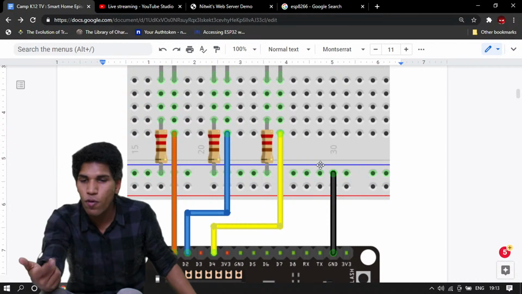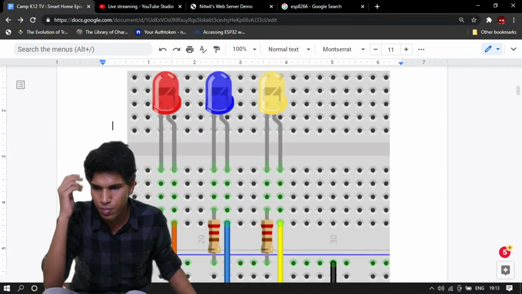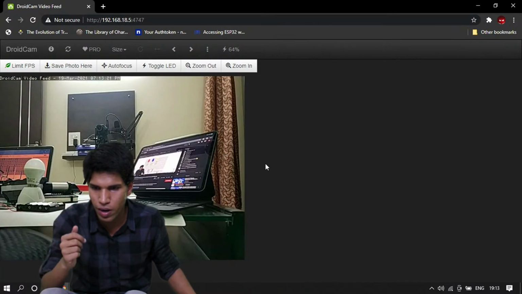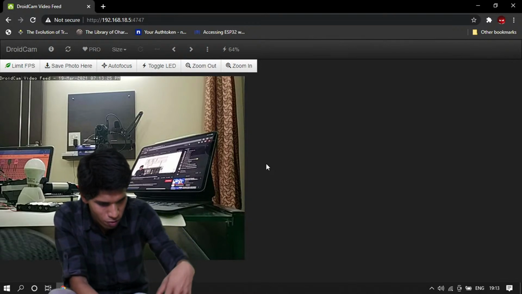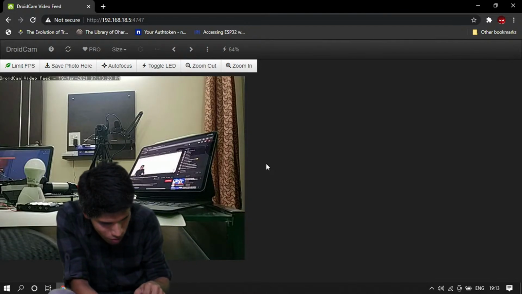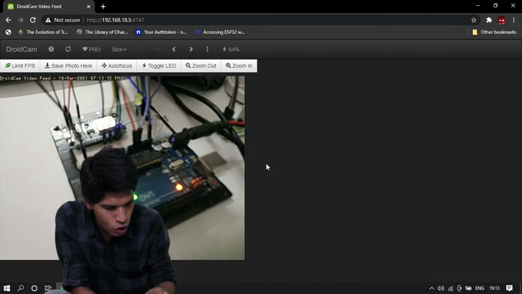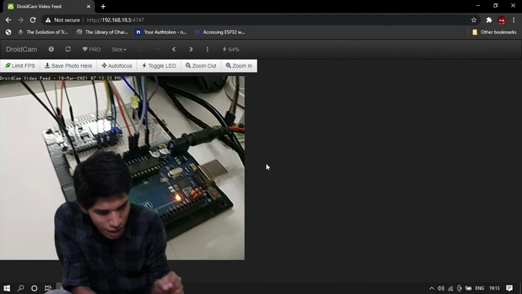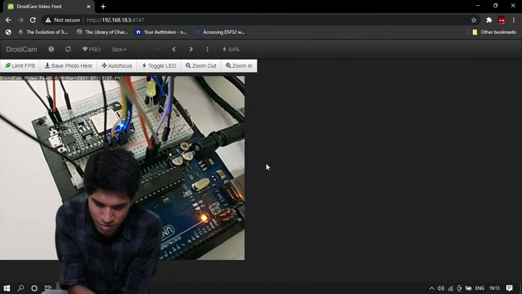So to connect all of this, let me show you on my circuit board. I'm using my phone's camera to show this. I hope all of this is visible. All right, so what I'm showing is that we are using something called a Node ESP8266 board.